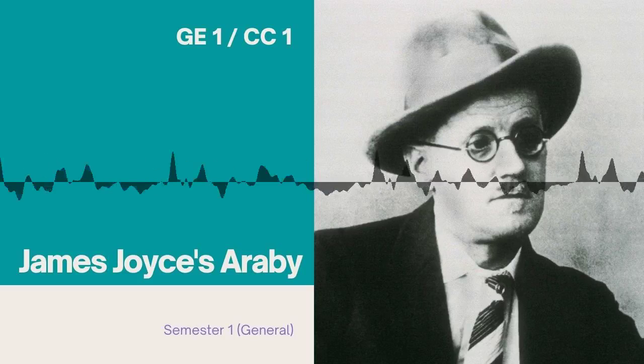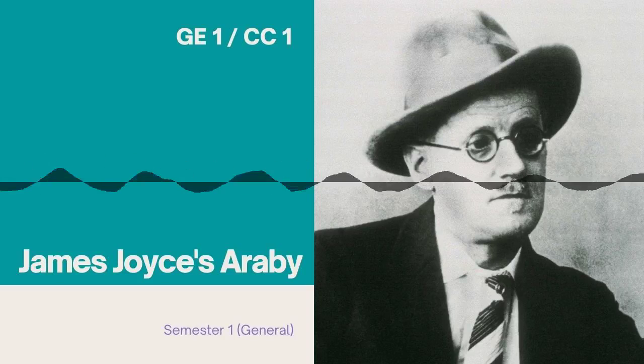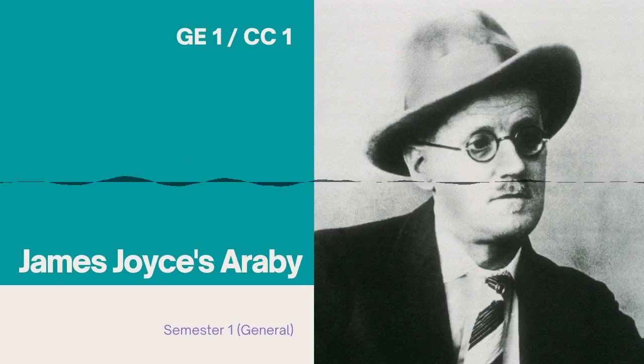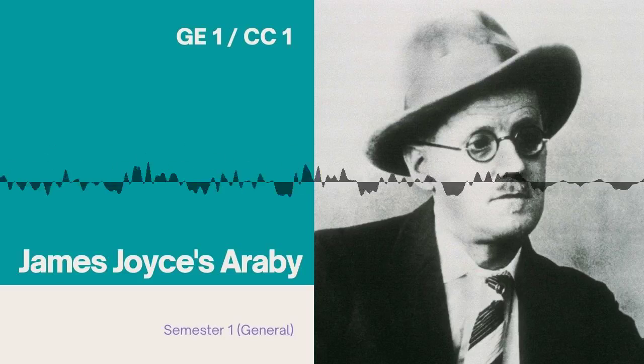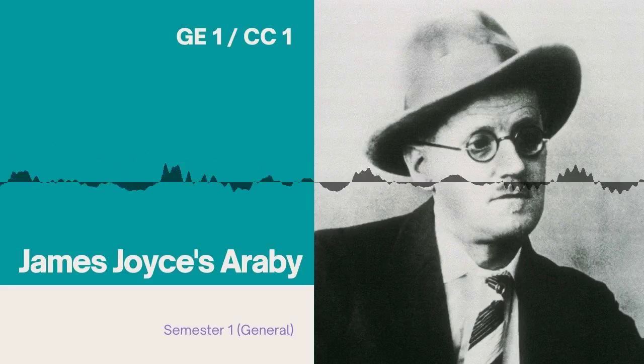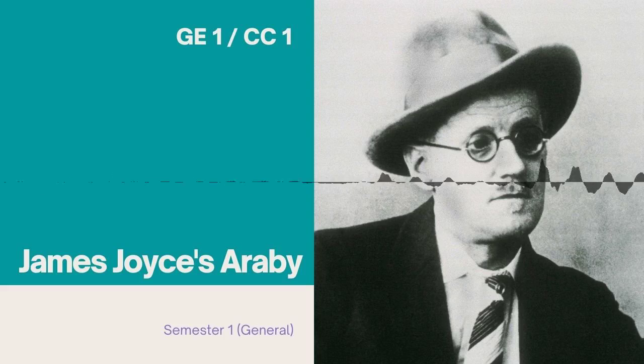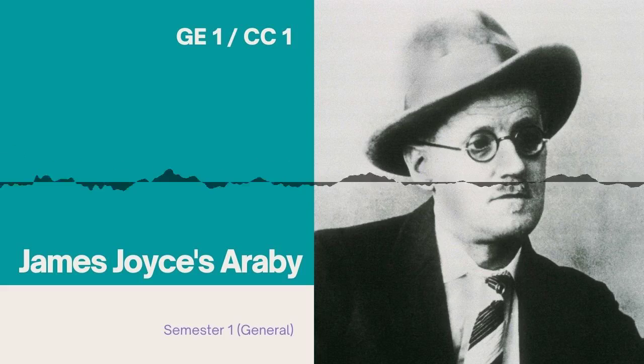In today's class, I'm going to pick up my portion of the syllabus, the portion that I'm going to teach you, and we are directly moving into the text. First up, the text that I am going to teach you is called Araby. It's a short story. If you remember, I had mentioned that there are three short stories in your syllabus, and I'm sure you have all had a look at the syllabus itself. Araby is a short story by James Joyce, and it is in my portion of the syllabus. I'm going to teach you Araby, and today we are going to talk about this short story.